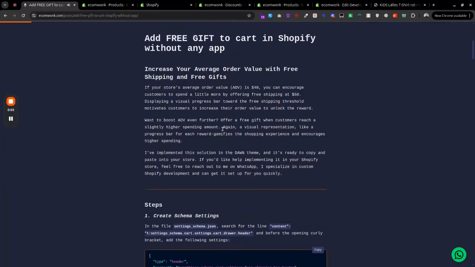Hey guys, let's say you have an average order value of $40 in your Shopify store and you want customers to buy more from your store, and you want to motivate them to increase their average order value. So, for example, you have a $40 average order value and you want to increase it to 50, so that you can